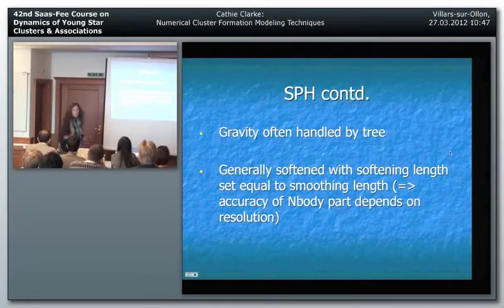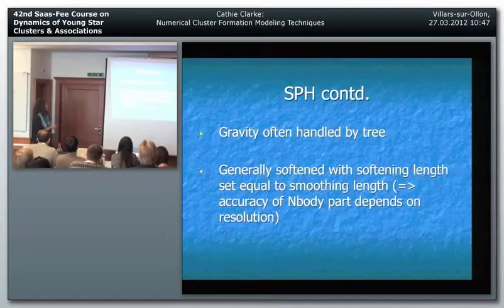The gravity is often handled by the tree. We talked about the tree a moment ago. So your gravity is going to have errors associated both with the lumping together of particles at large distance, but more especially, usually,